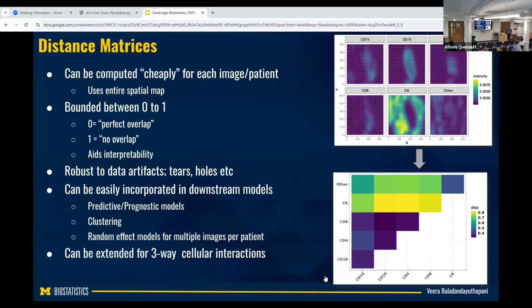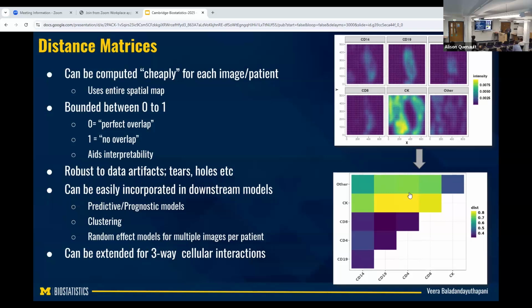I keep getting these mixed up. And we have done a lot of simulations for this too, with a lot of inhomogeneity in the tissue, like tumors with holes and different types of patterns. It turns out to be pretty robust to that, because mapping this to densities and then measuring the distance gives it some level of robustness.